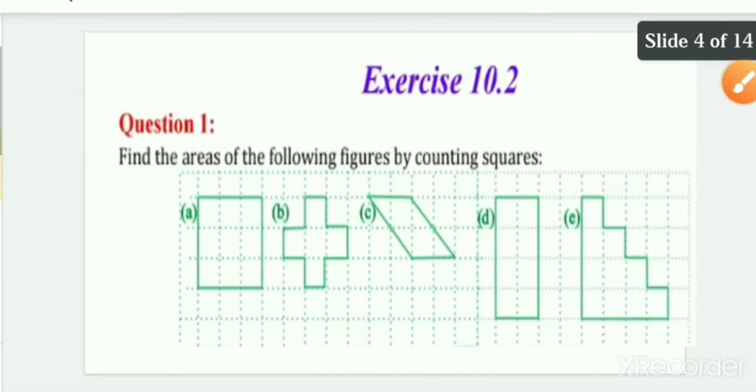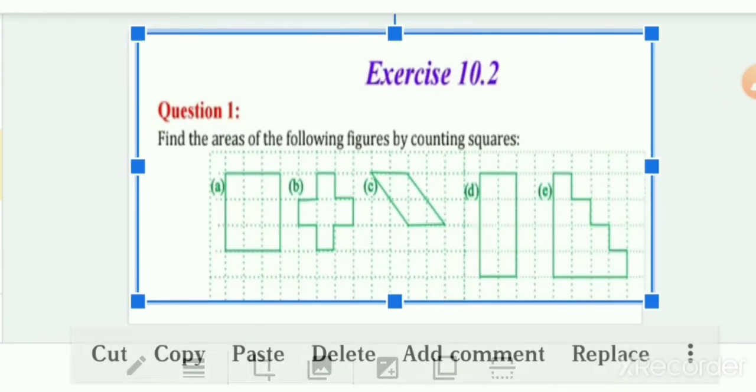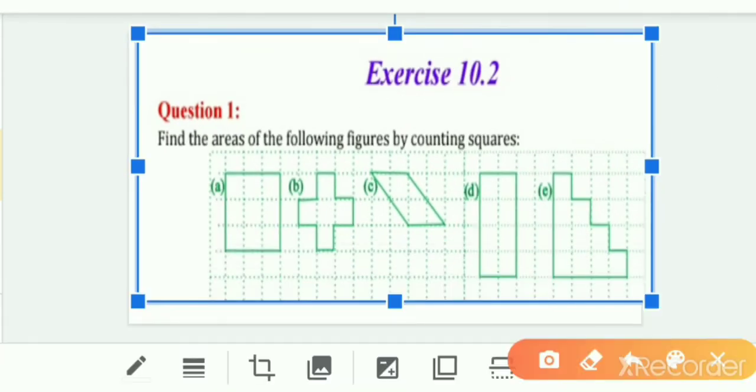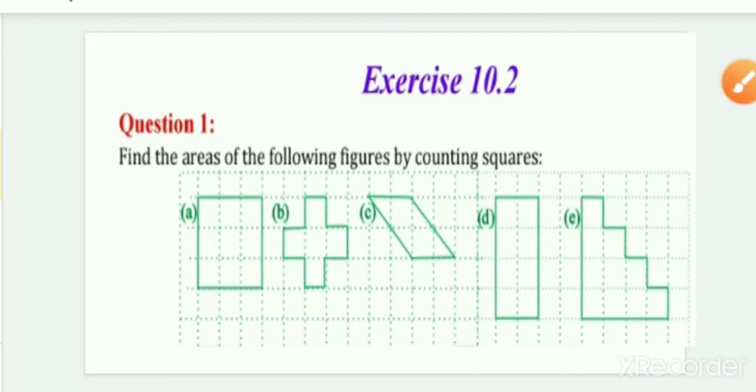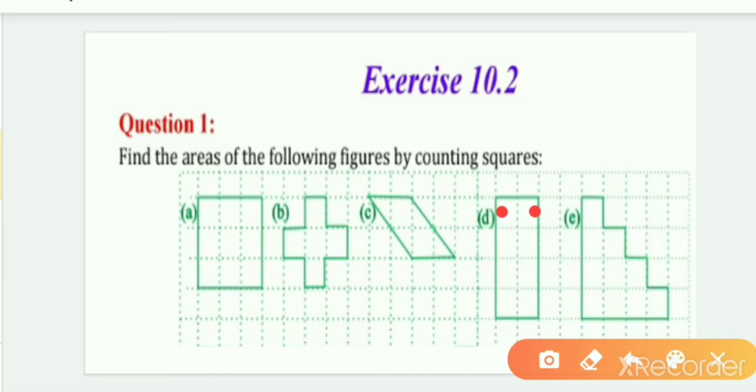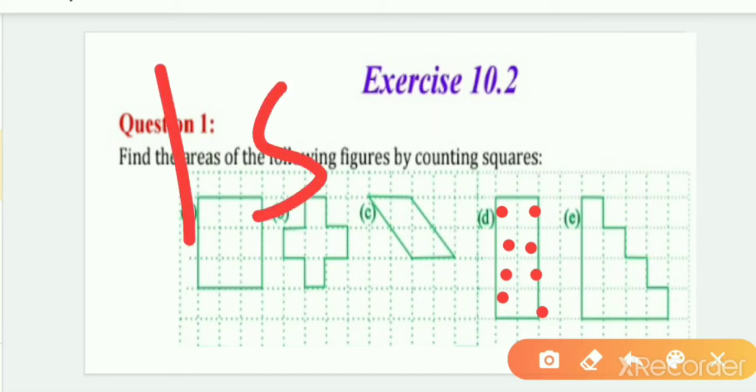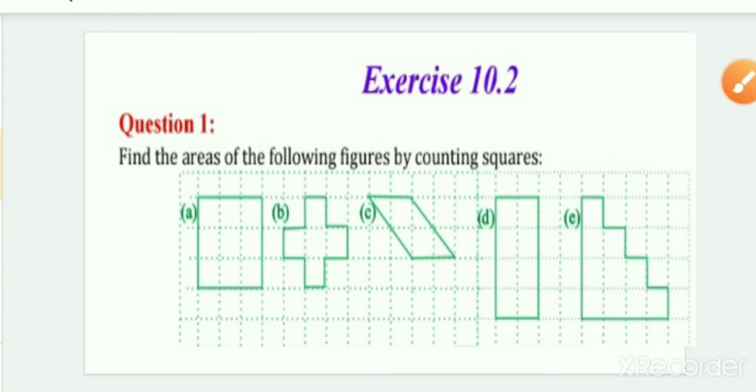Now moving to the D part, it is very easy. You can easily see here how many square boxes are here. We have 1, 2, 3, 4, 5, 6, 7, 8. We have 8 full filled squares, right? So one area of one full filled square is 1 square unit. I have discussed with you. Yes. So it is having 8 squares.